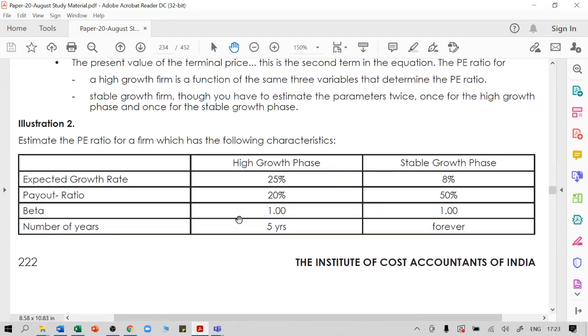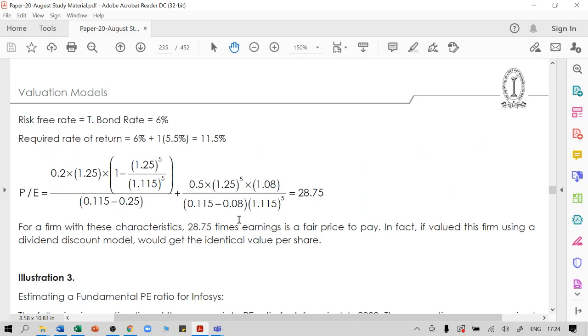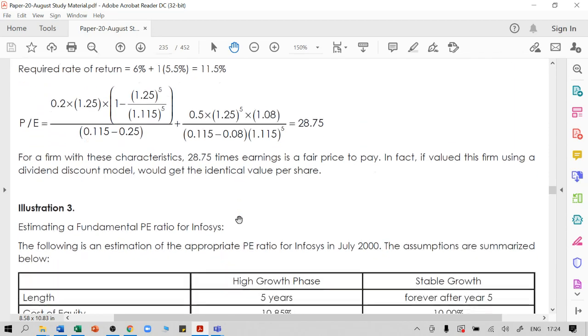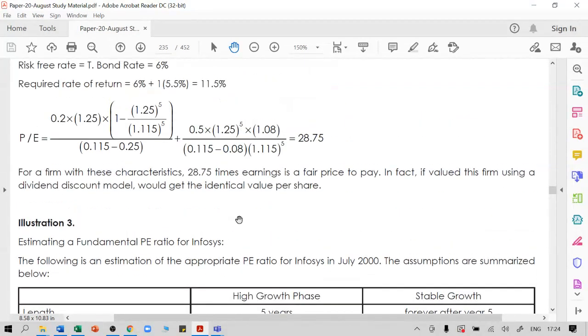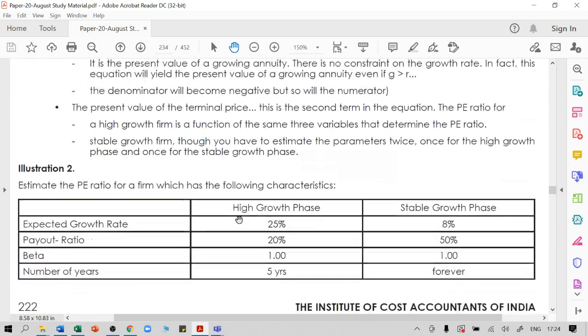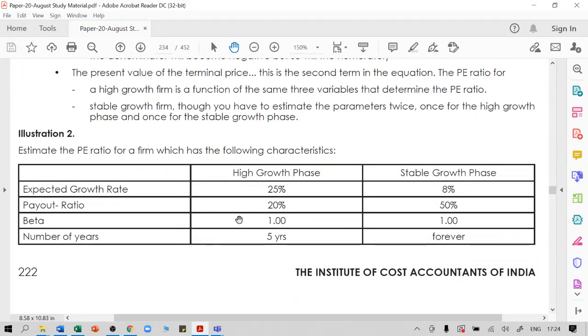Right. So now we have one question. Just a minute. The question is like this: estimate the PE ratio for a firm which has the following characteristics: